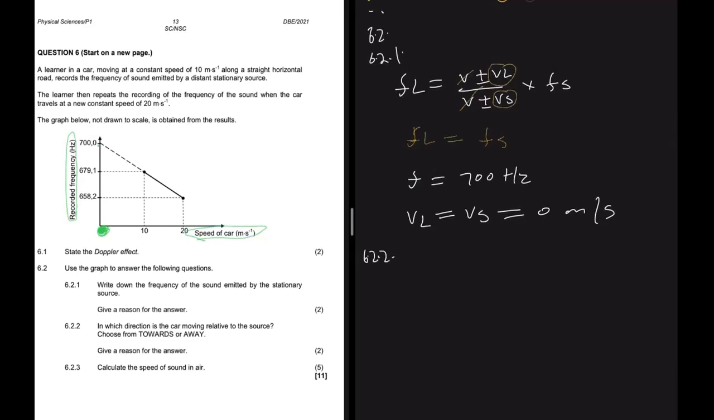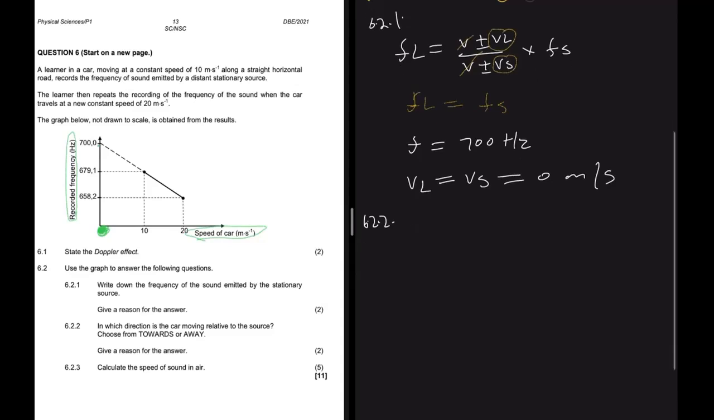6.2.2. In which direction is the car moving relative to the source? Choose from towards or away. Give a reason for the answer. Again, we have to stick to the graph we have. That's what the question requires of us. So